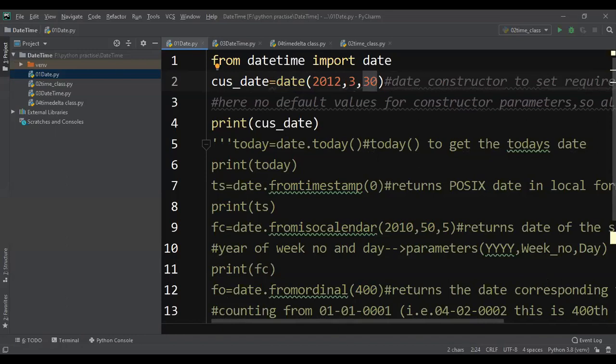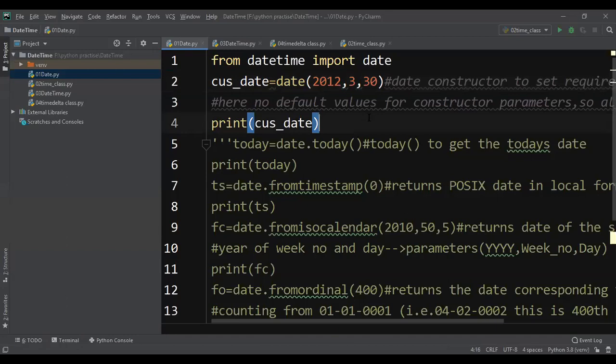This date will be stored in a variable called cus_date. Now I'm going to print cus_date and let us see. That means we are setting 2012 March 30, right?